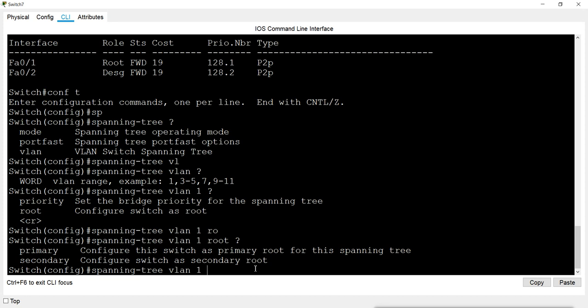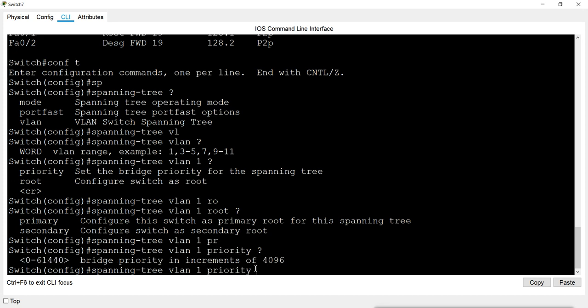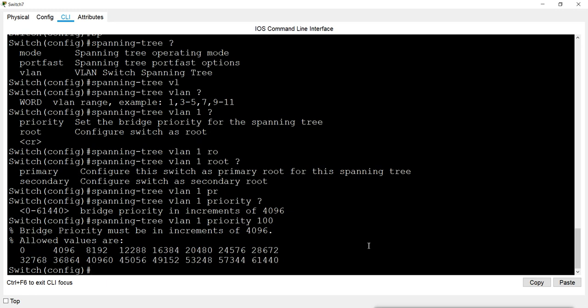We can configure the priority number. We can give any number from 0 to 61,440, but we cannot give just any number from there. For example, I cannot use 100, because it always increments by 4096.